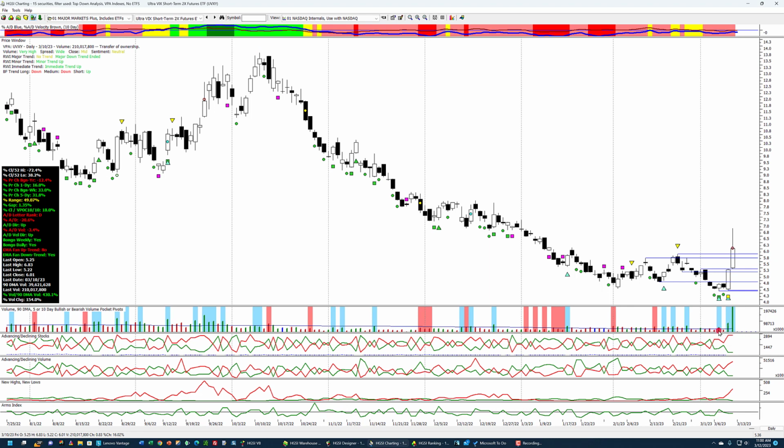It's excessive volume. When you see a blue bar here, it means that volume was greater than any negative volume over the last 5 or 10 periods. So it shot up as fear came into the market, got clear up to this point, and backed off a little bit on Friday.